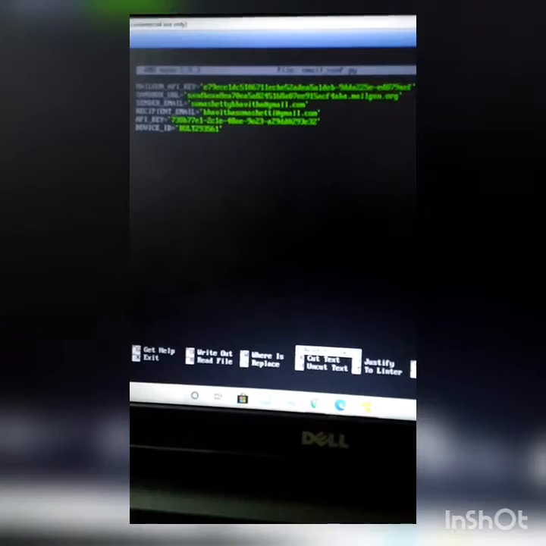This is the email configuration file where we write code for the Mailgun API key, which is a private API key which we can find on the Mailgun dashboard. The sandbox URL is also to be found in the Mailgun dashboard. Sender email is our email or admin email. Recipient email is the email to which the mail has to be sent. API key and device ID are the Bolt API key and device ID.